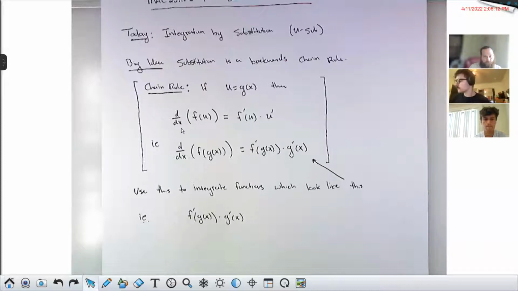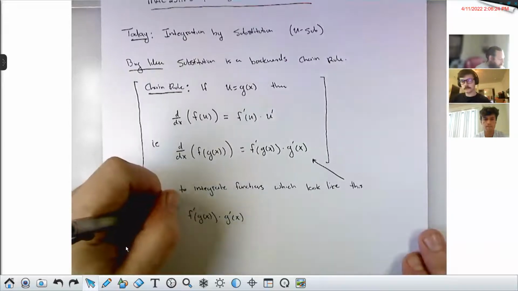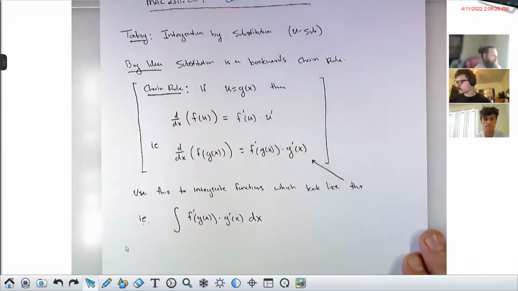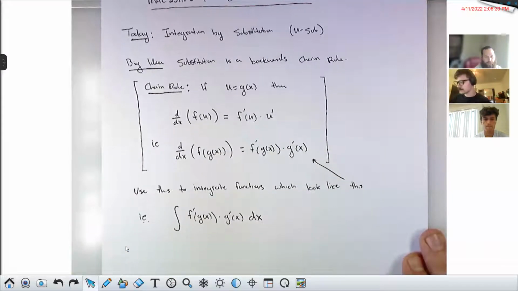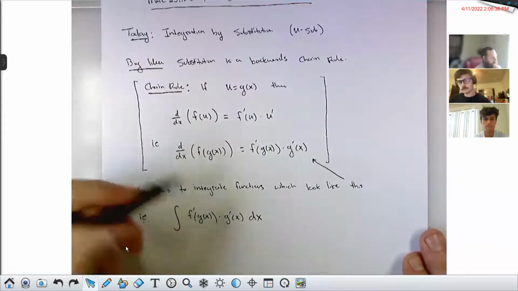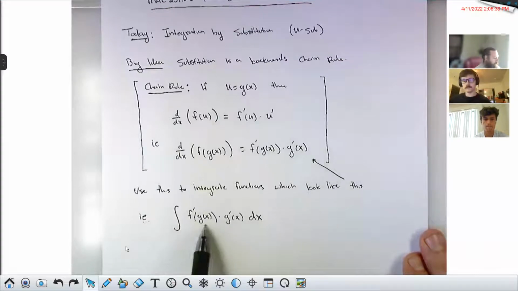The big thing is that you've got an outer and an inner, and that the derivative of the inner is floating around. So we're going to want to do integrals like this. The prime on the f isn't so important, but having an outer and an inner here